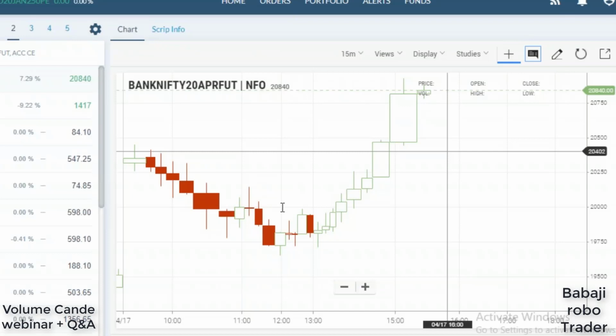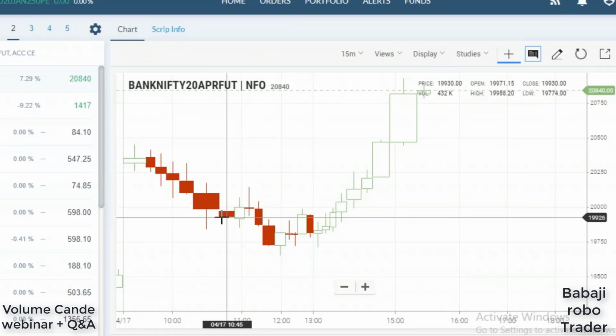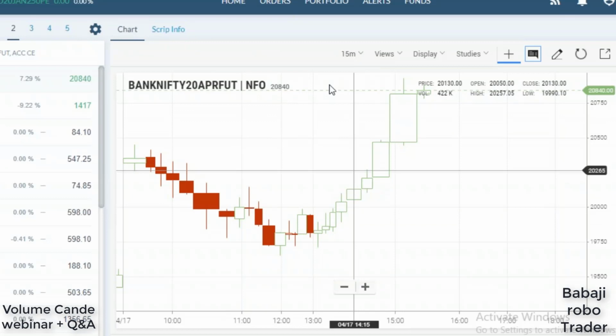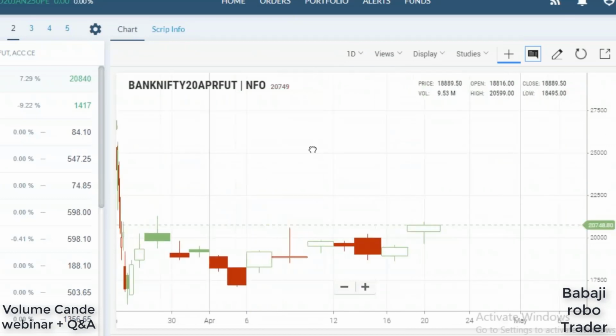Yes, with the pin bar, you should have the bigger volume, right? So we can see here, this is the pin bar, the pin bar with the bigger flat. If the candle is very flat, it means it has a bigger volume. Its high and low have to be broken. I'll show it in the daily chart, then you can understand much better.